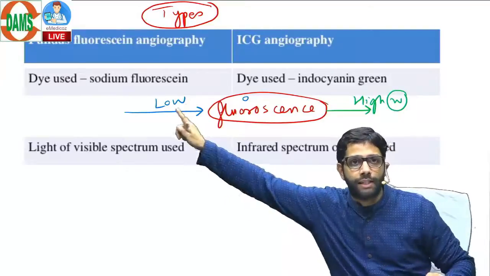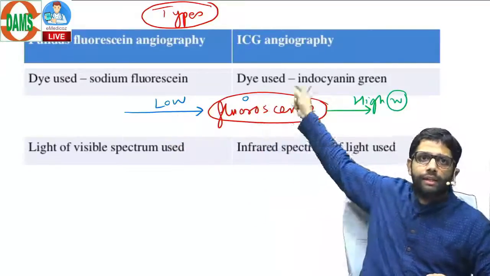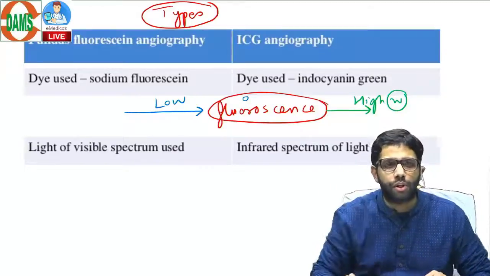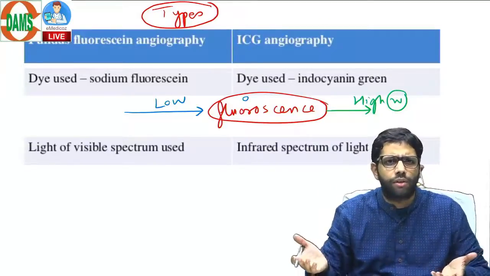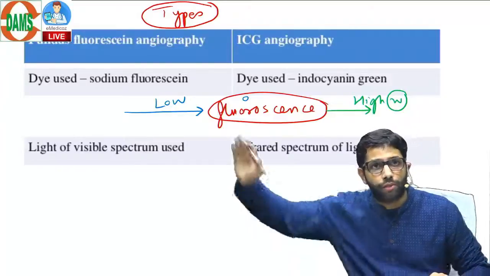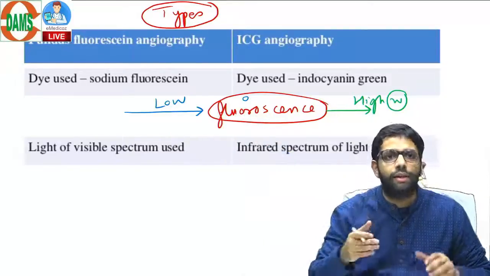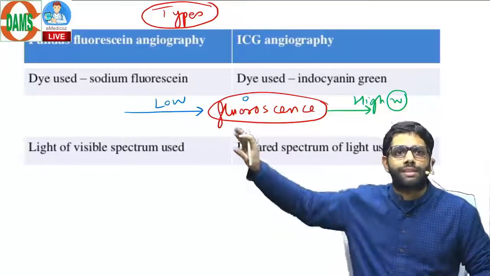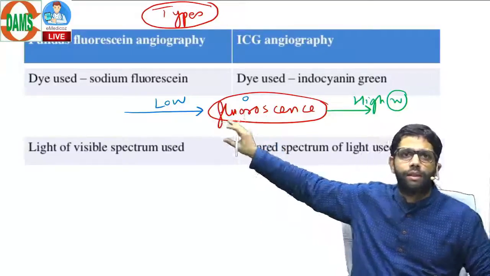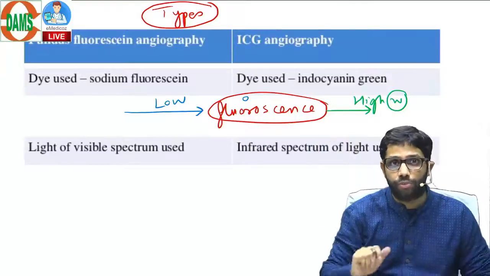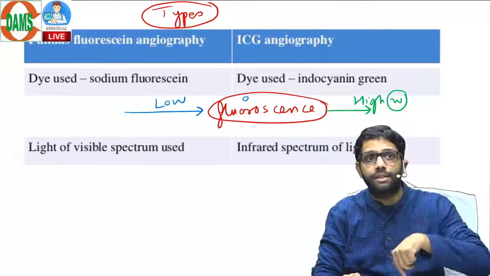So fluorescein has a fluorescence property, indocyanine green has a fluorescence property. Other dyes do not have it, like trypan blue dye you study for cataract surgery. So they cannot be used in angiography. Fluorescein and indocyanine can be used because when they go inside the blood vessels, they have a property of fluorescence, means if incoming light is low wavelength, outgoing light they will emit of higher wavelength. That we can capture. And which light comes inside?